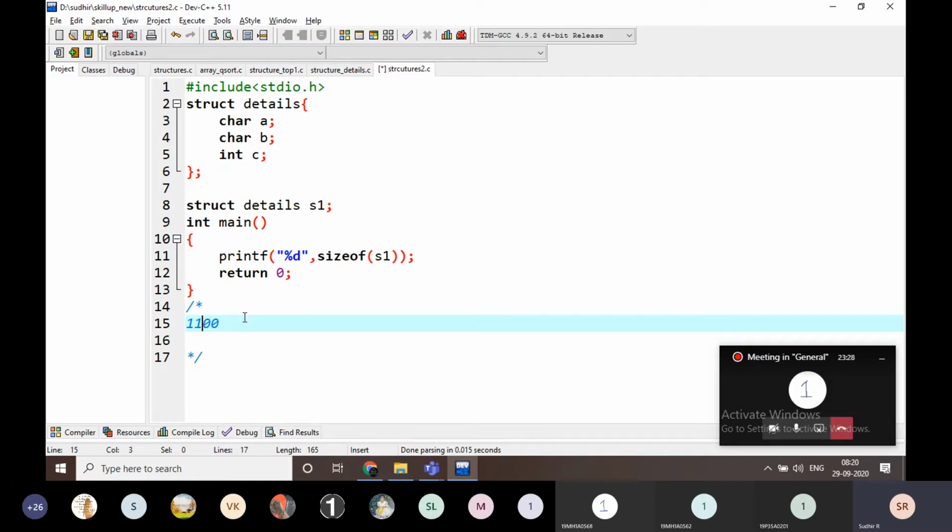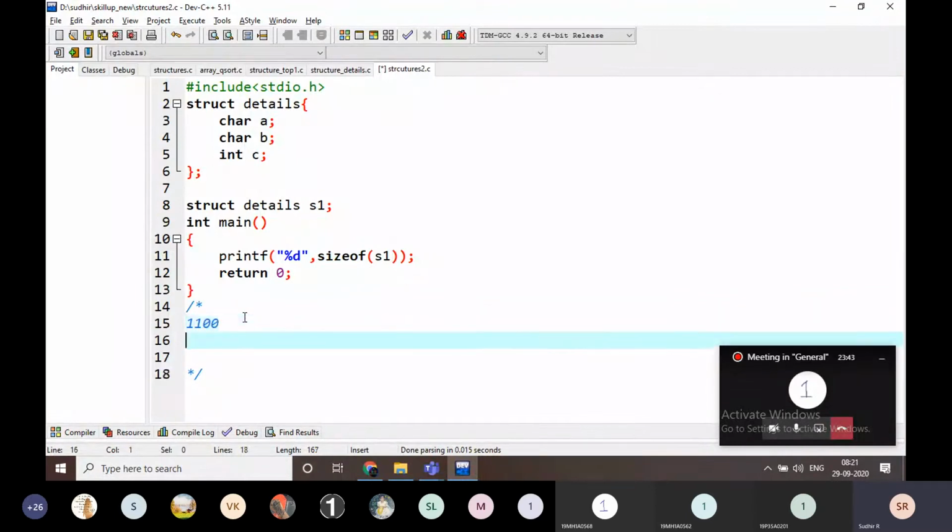And the next one is integer. Integer cannot be represented in 2 bytes. What is the integer size? Integer size is 4 bytes. That's why it is going to take new 4 bytes.